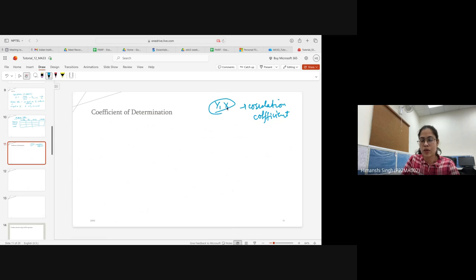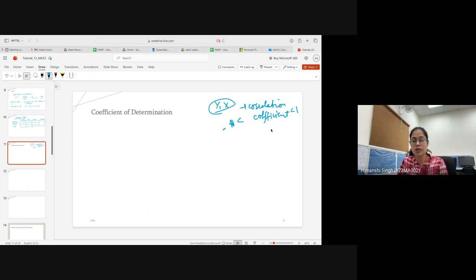If I have two variables like y and x, the correlation coefficient is there to measure whether there is a linear relationship between x and y and what is the extent of that relationship, that is, how linearly related they are. It lies between minus 1 and 1. It talks only about the linear relationship, nothing else. We cannot say anything about whether there is a non-linear relationship between the two variables or not.